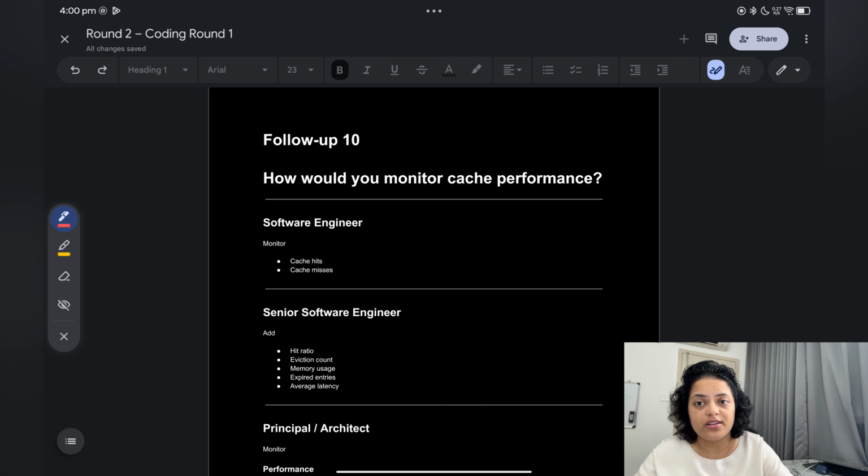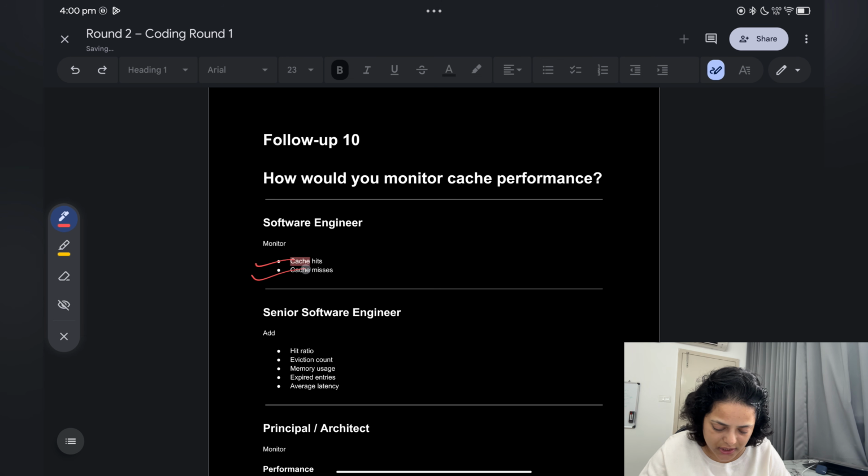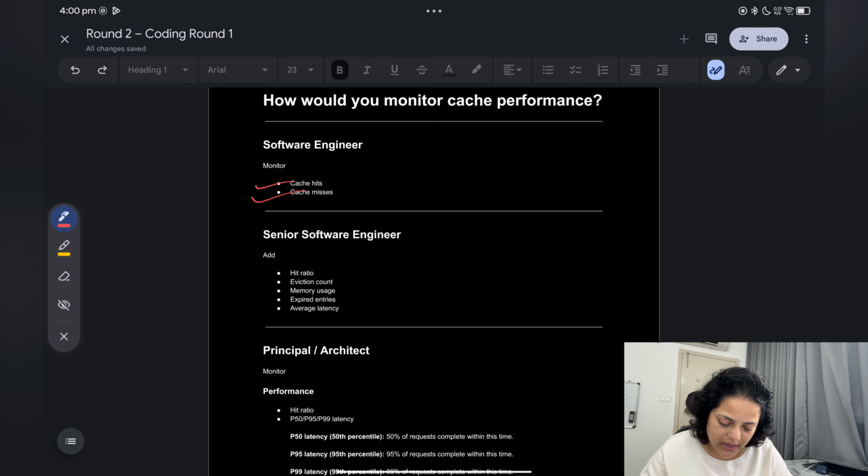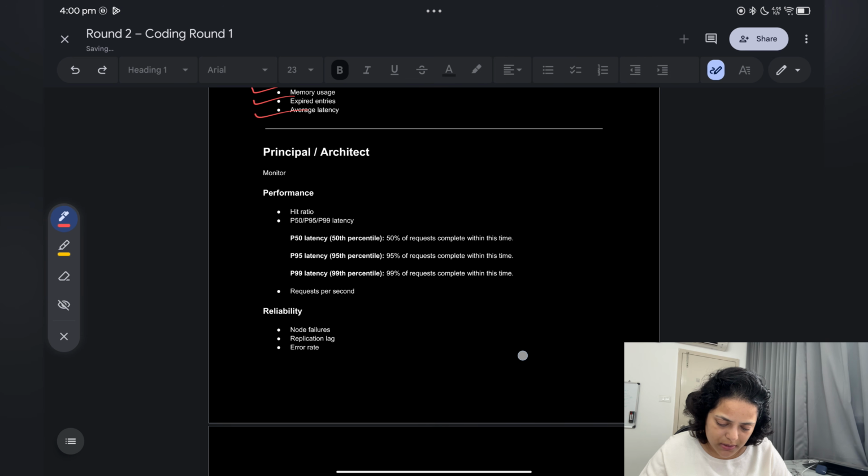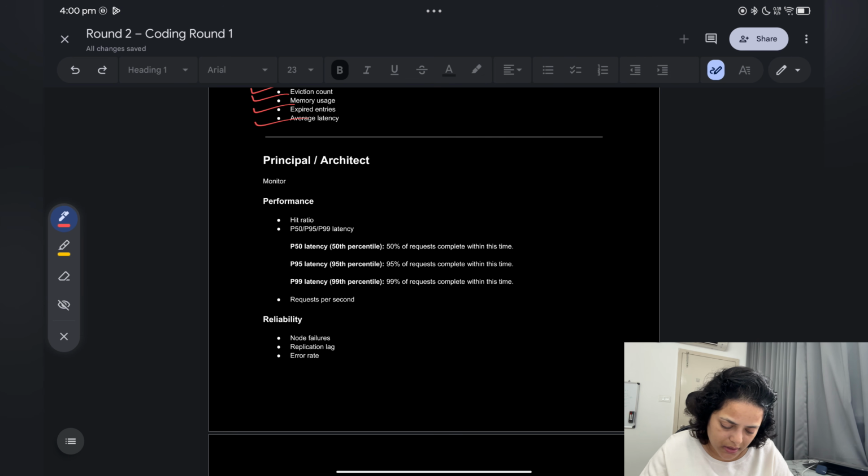Follow-up question 10, this is the last one. So how would you monitor cache performance? Software engineer will monitor cache hit and cache miss count, and according to that he will measure the performance. Senior software engineer will add hit ratio, eviction count, memory usage, expired entries, and average latency. And principal architect will monitor a few things like performance,